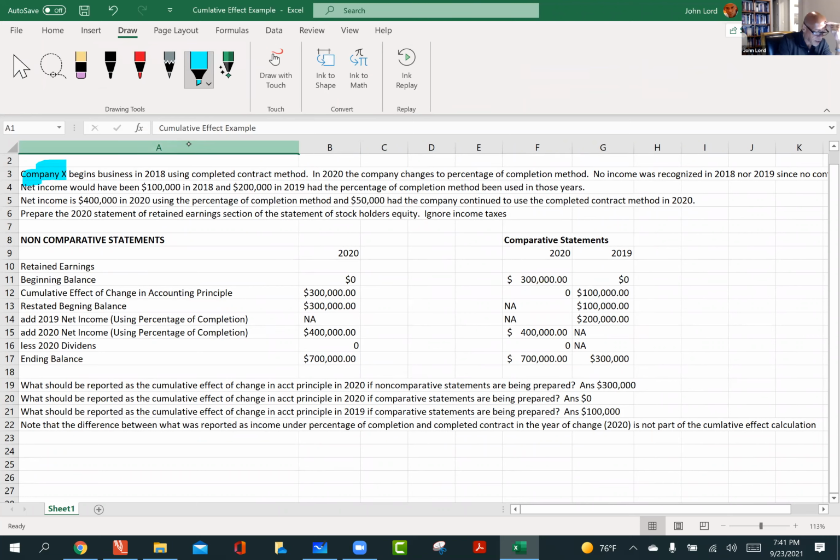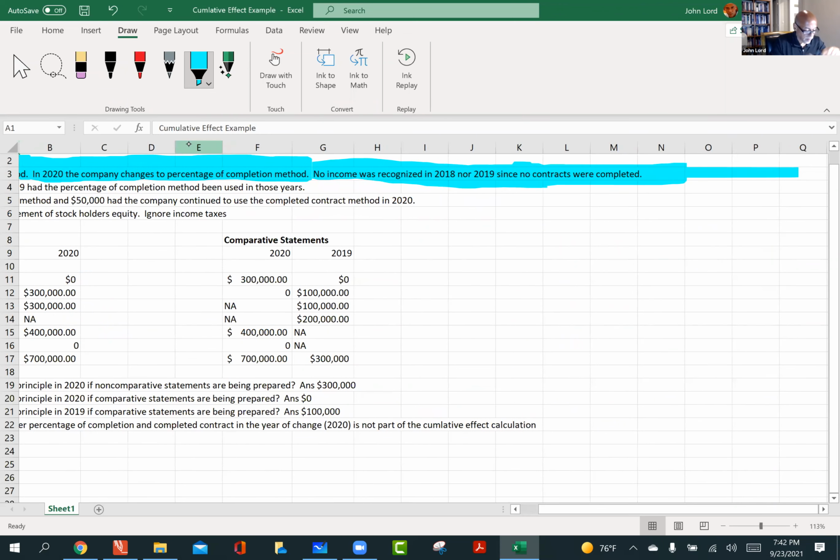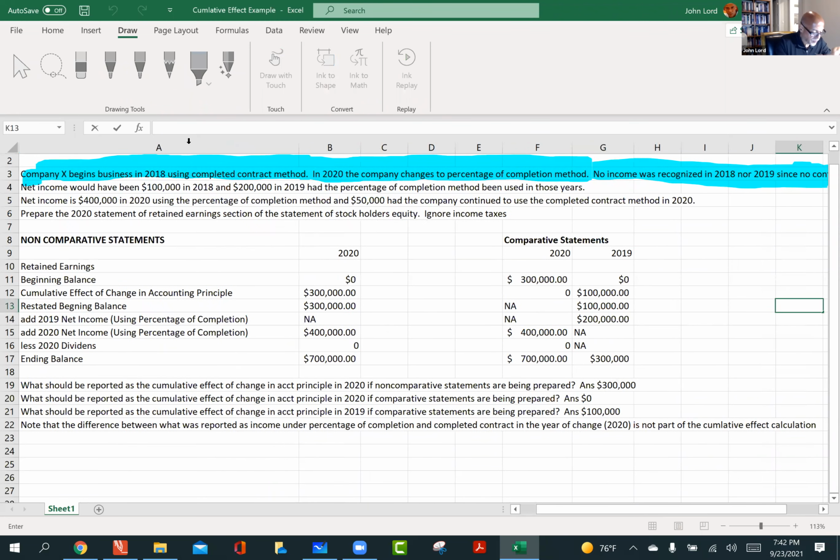Okay, so company X begins business in 2018 using the completed contract method, meaning they're not taking any profit on these contracts until they are done with them, right? In 2020, the company changes to the percentage of completion method. No income was recognized in 2018 and 2019 since no contracts were completed, right? We don't take anything under the completed contract method until we're done with those contracts. Now, net income would have been 100,000 in 2018 and 200,000 in 2019 had the percentage of completion method been